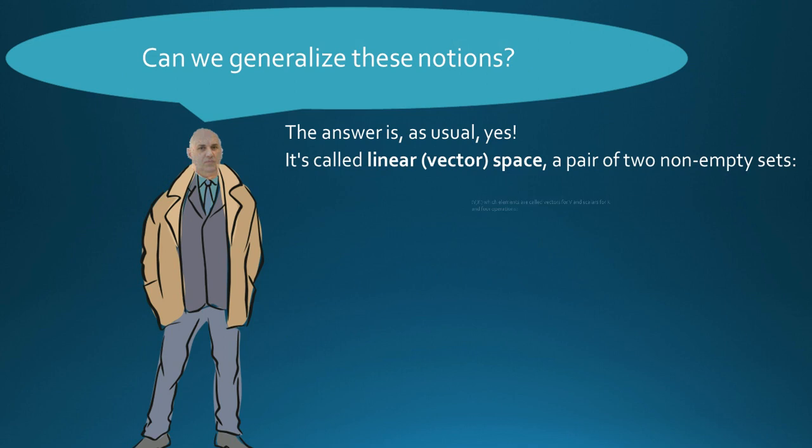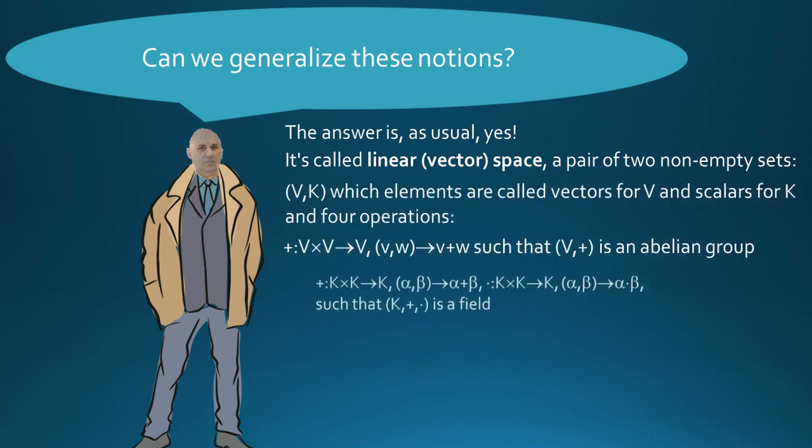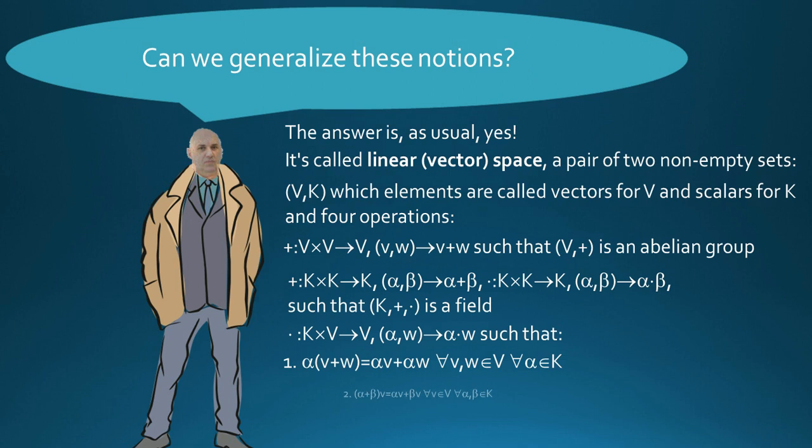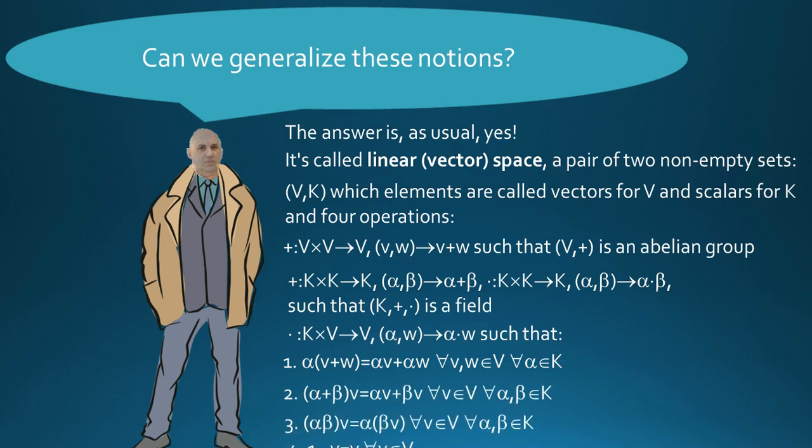Can we generalize these notions? The answer is, as usual, yes. It's called a linear vector space: a pair of two non-empty sets, V and K, whose elements are called vectors for V and scalars for K, and four operations. Plus defined by V multiplied by V with values in V, such that V with plus is an abelian group,